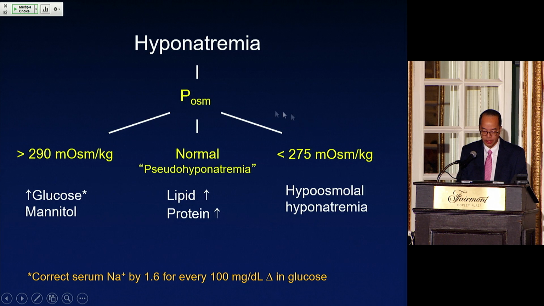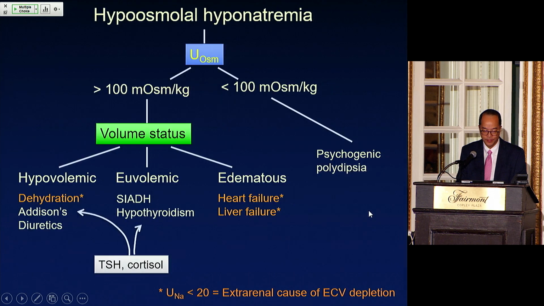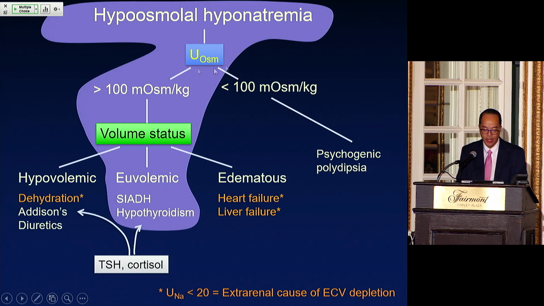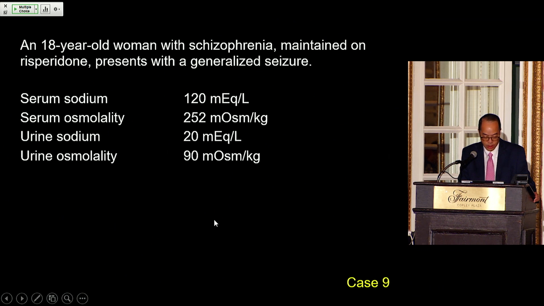So this patient has hypoosmolality. He has obviously a high urine osmolality. As a quick tip, if the urine osmolality is very high, meaning more than 500 or so, it's most of the time due to SIADH. These other things are rarely given urine osmolality that high. So most likely this patient has SIADH.